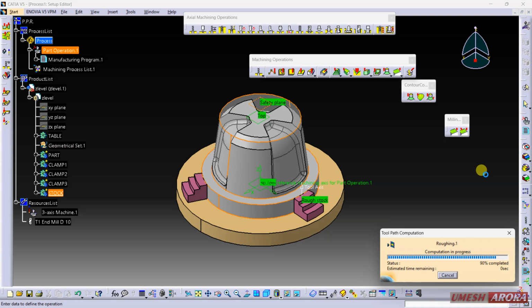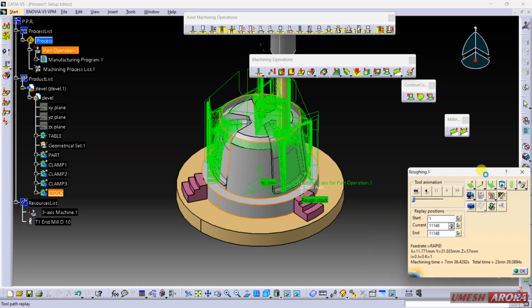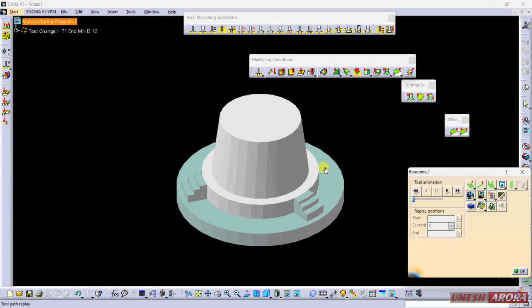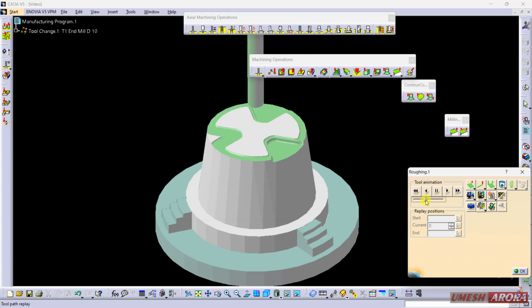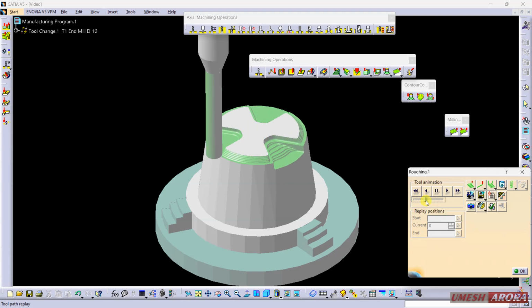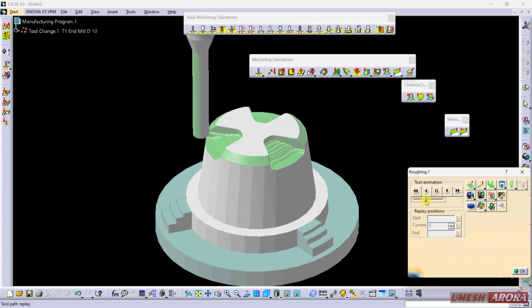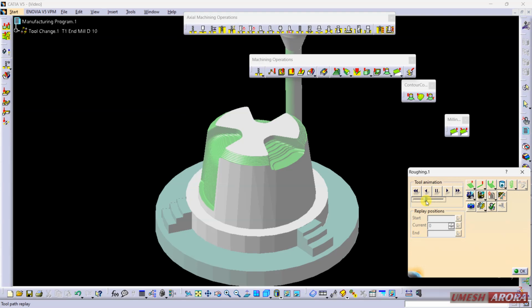And this time I will show you how it is working. Area means this portion first, then the second portion completely, and then the third portion.